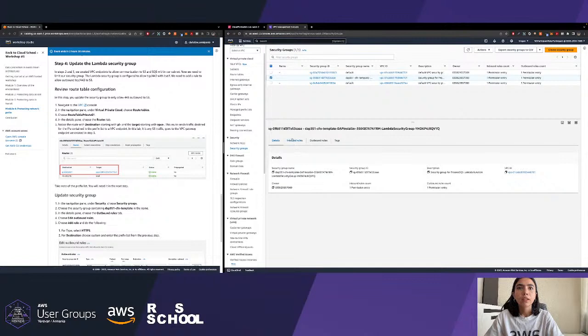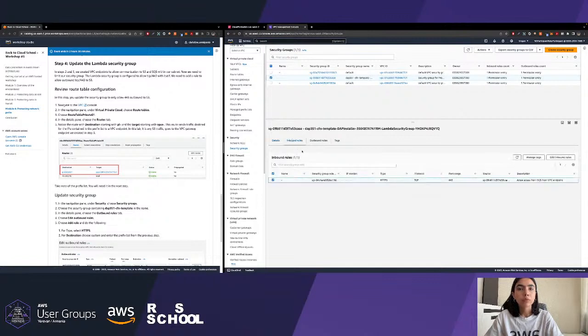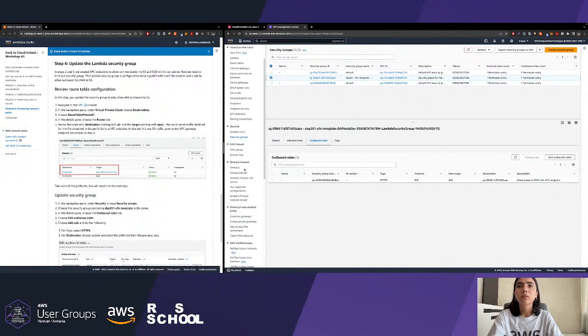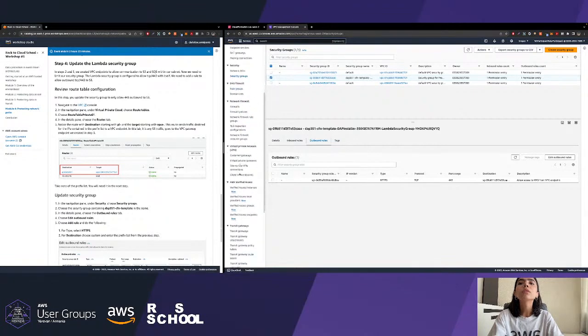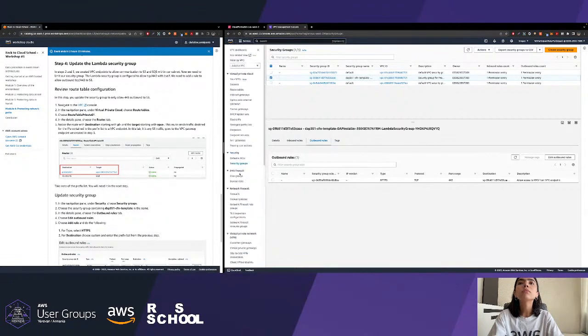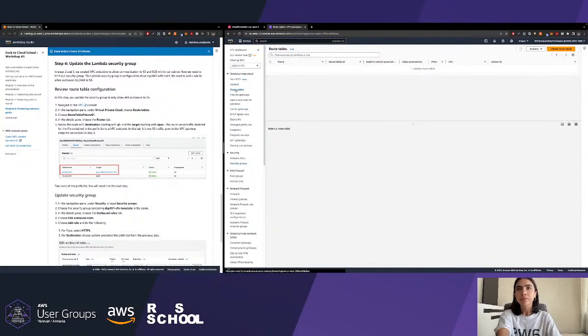Okay, in the inbound rules, we have HTTPS, and for the outbound rules, we have HTTPS as well. So I want you to go to the route tables. Where are those? Here.